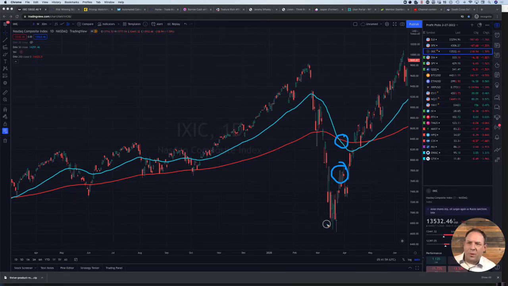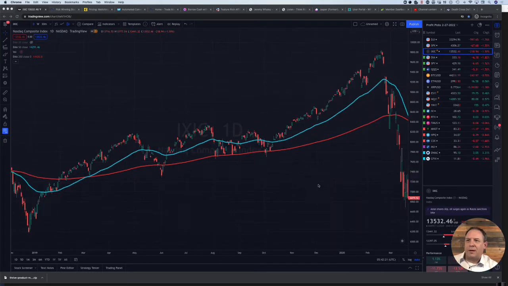That's after we already hit a bottom on the NASDAQ of 6,800 and we bounced, and it happened when we were on the way back up at 7,600. And from that point forward, the NASDAQ has gone from a measly 7,800 to over 14,000. Yep, that was a very deadly cross we had there, kids.